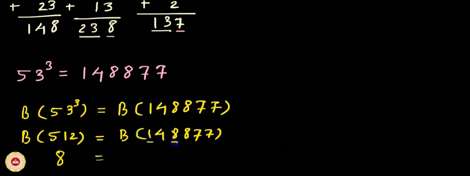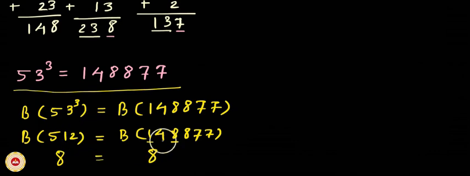So 1 and 8 we will cancel because 1 plus 8 is 9, and we exclude such digits whose sum is 9. So 4 plus 8, 12. 12 plus 7, 19. 19 plus 7, 26. So 26, we don't want the Beejank in two digits. Let us add the digits 2 and 6 in the number 26. 2 plus 6 is 8. Both sides are tallied and our answer is correct.